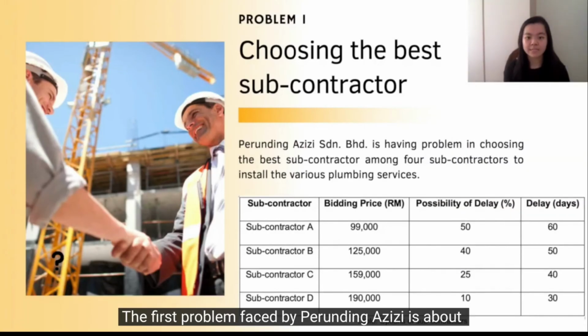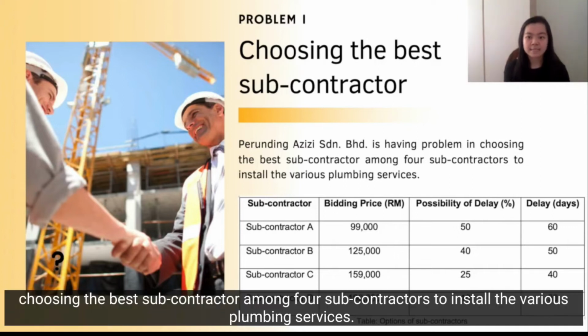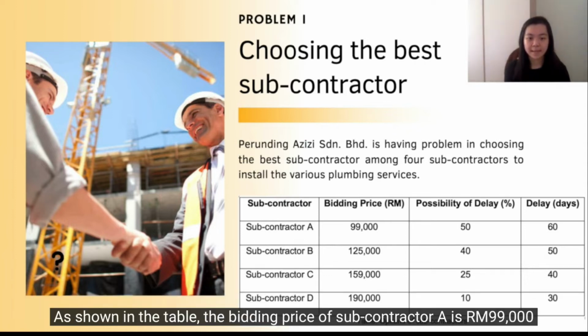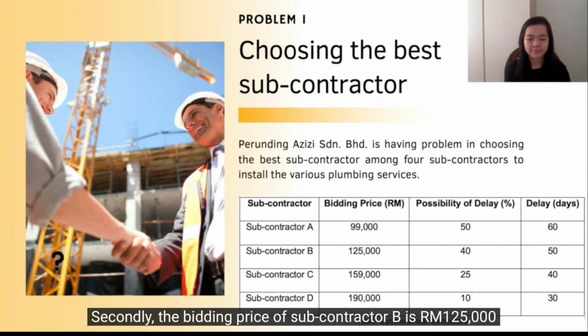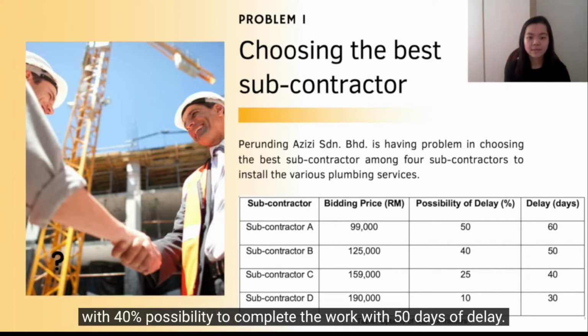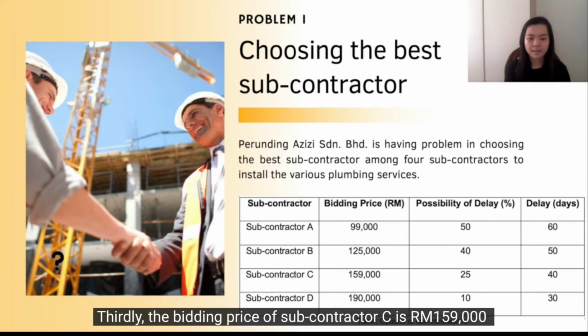The first problem faced by IZZA is about choosing the best subcontractor among 4 subcontractors to install the various plumbing services. As shown in the table, the bidding price of subcontractor A is Rm99,000 with 50% possibility to complete the work with 60 days of delay. Second, the bidding price of subcontractor B is Rm125,000 with 40% possibility to complete the work with 15 days of delay. Thirdly, the bidding price of subcontractor C is